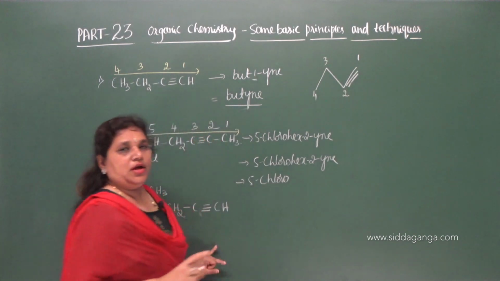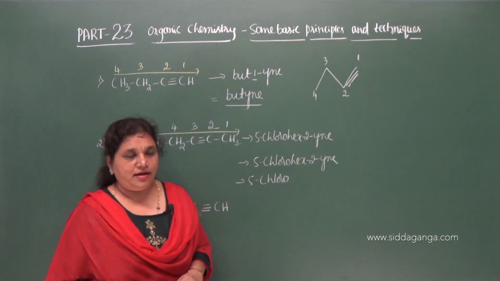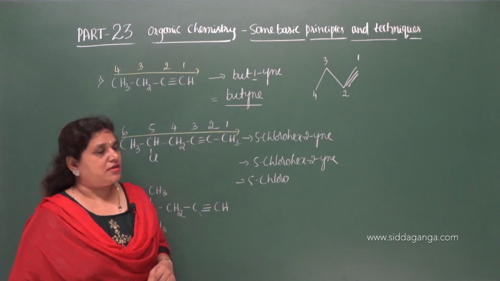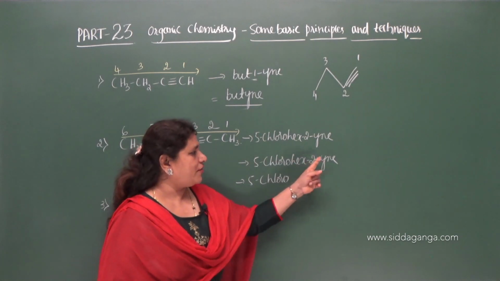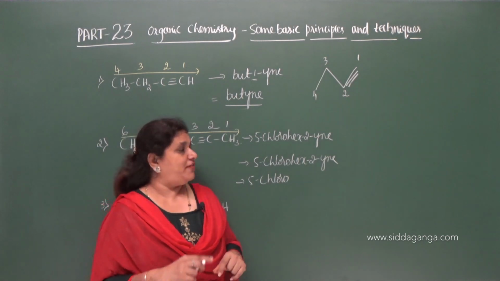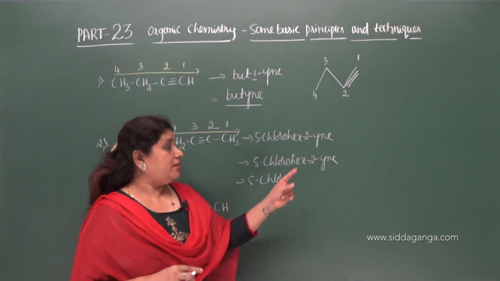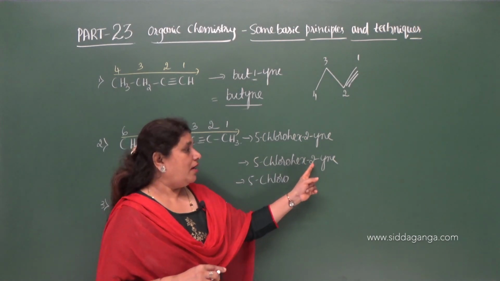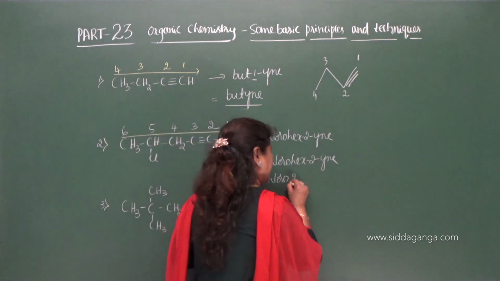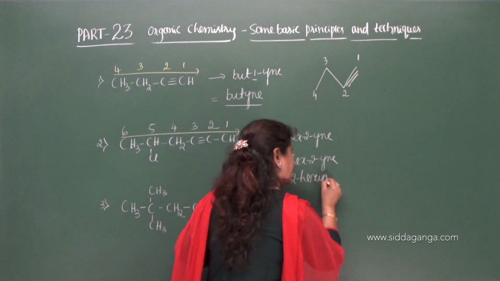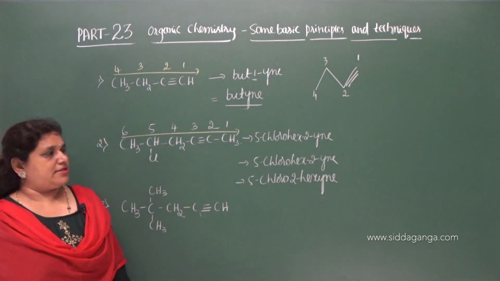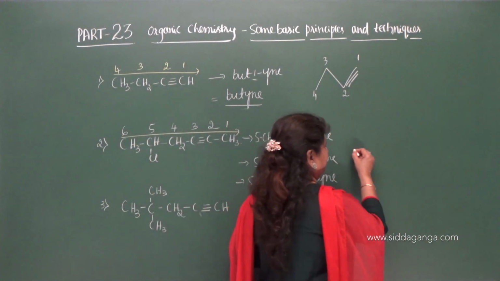as there is no other functional group, and since the name does not contain any secondary suffix, you can shift the locant of the primary suffix before the root word. In a given name, if there is no secondary suffix, then only you can shift the locant of the primary suffix before the root word. So, therefore, you can write it as 2-hexyne. You can also name it as 5-chloro-2-hexyne.